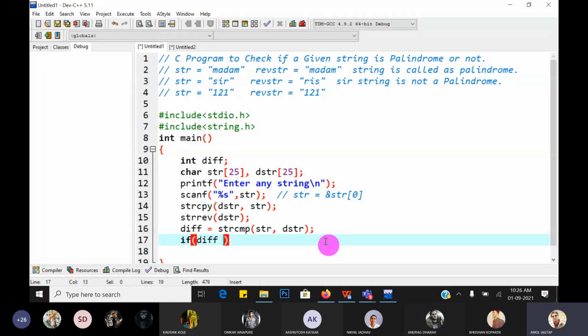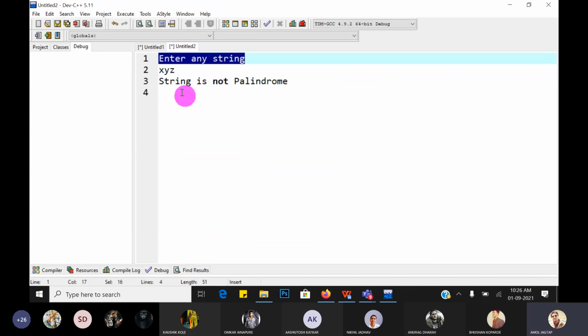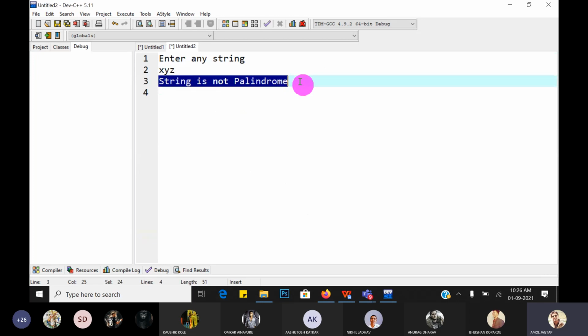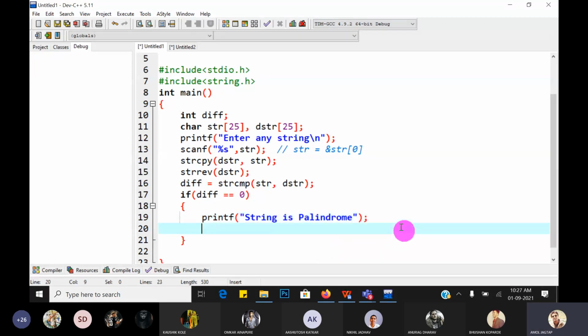So if difference is equal to 0, yes, then printf, what is the message we require on the console? String is palindrome. If difference is equal to 0, then the string is palindrome, guys.